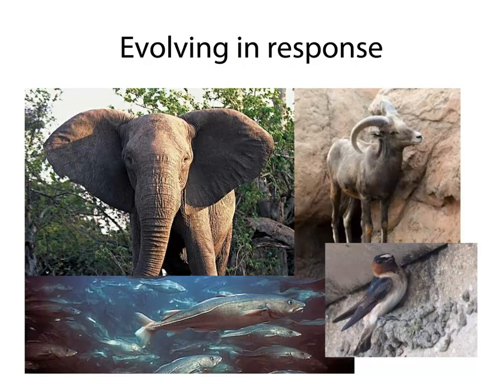All right, so now we even have birds that are learning to avoid cars. Also incredibly awesome. They used to get hammered by cars a while back when they would build nests underneath bridges, because it's a really convenient place for them to build nests, and they would just get slammed left and right by cars, of course. Well, over time, they're learning to avoid the cars, and scientists have discovered that this trait is getting passed on to the next generations, or it's being taught to the next generations. So critters can evolve in response to humans, and honestly, they've got my vote. I hope they can definitely survive all the crazy things we do.